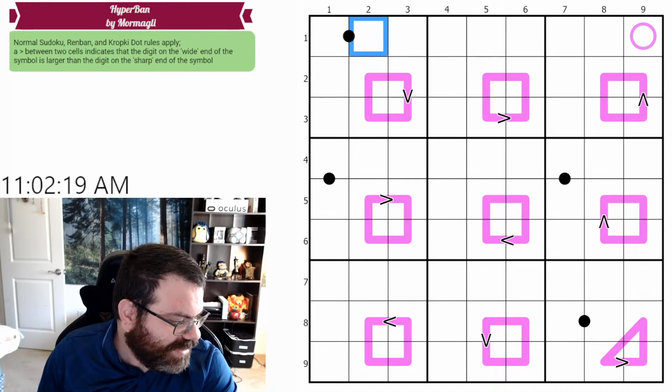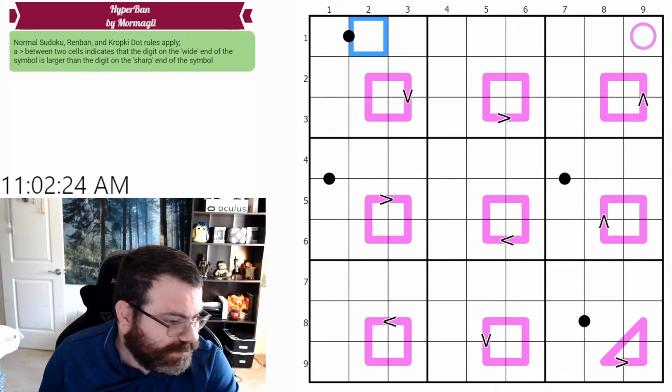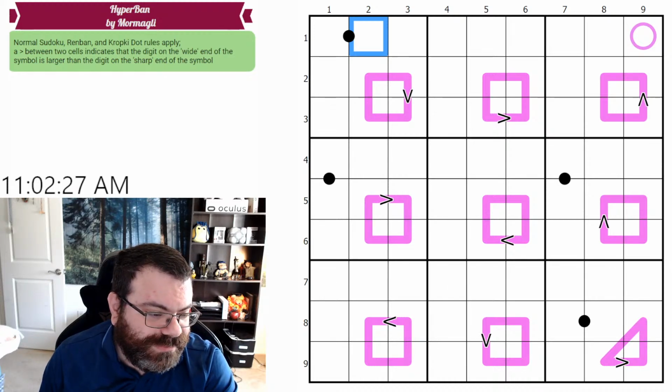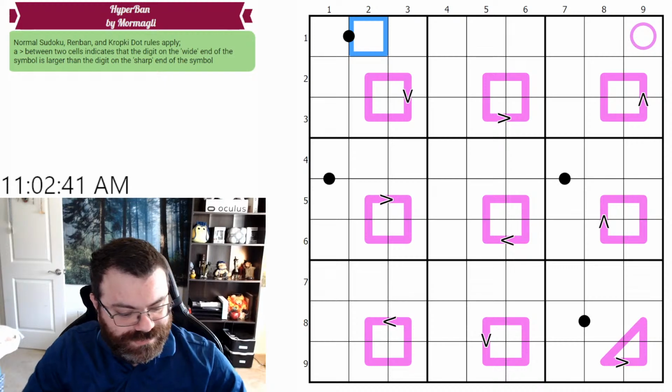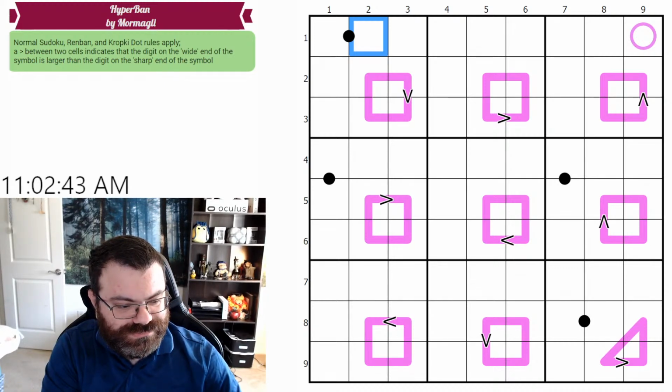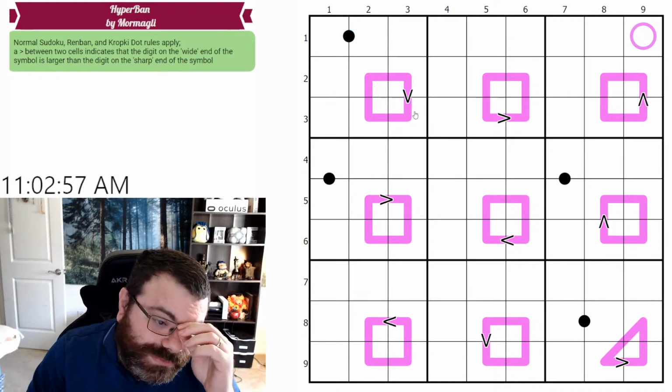It's still dropping half my frames at least. Okay, now it's okay. All right, so